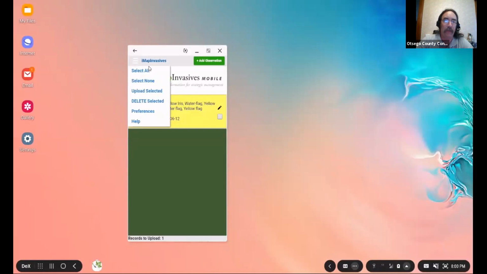Select all will mean that any of the cards you have on your intro screen will be selected, just like that. Or you can select none. You can also select one by navigating to the little checkbox and clicking it. Then I would go back and say select none.